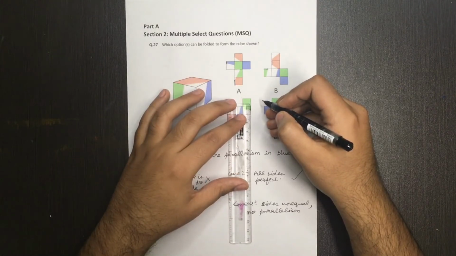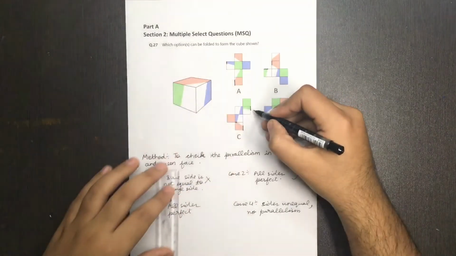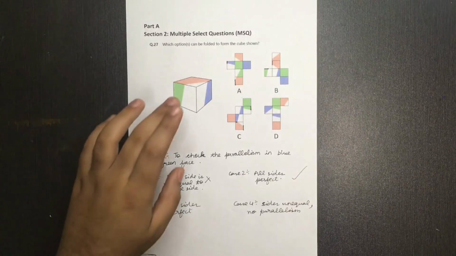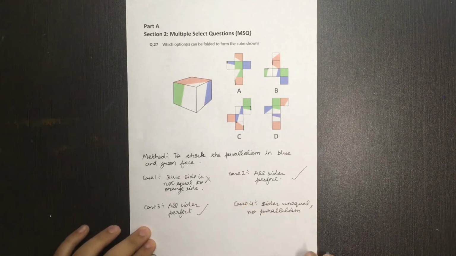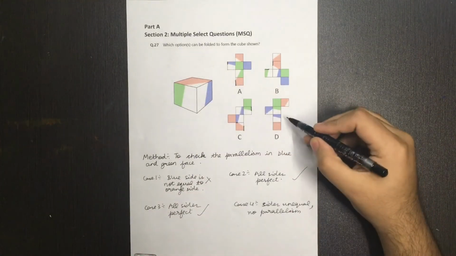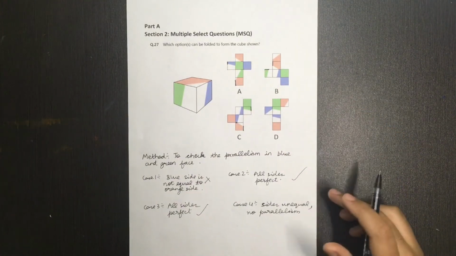Okay, so now we'll measure over here. So yes, this is also 0.5. So yeah, this can also form a shape like this. Three sides can be combined like this. So yes, this is also correct. So all sides are perfect, all the three sides. And similarly for option D, now we'll see this thing also.